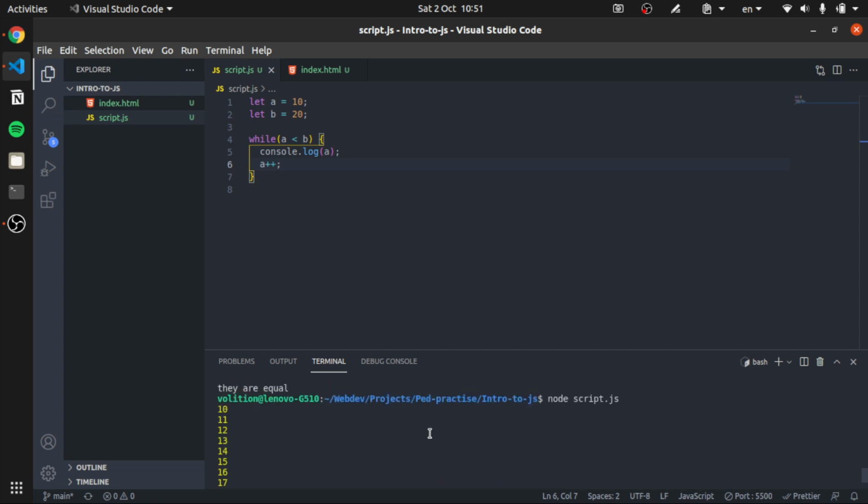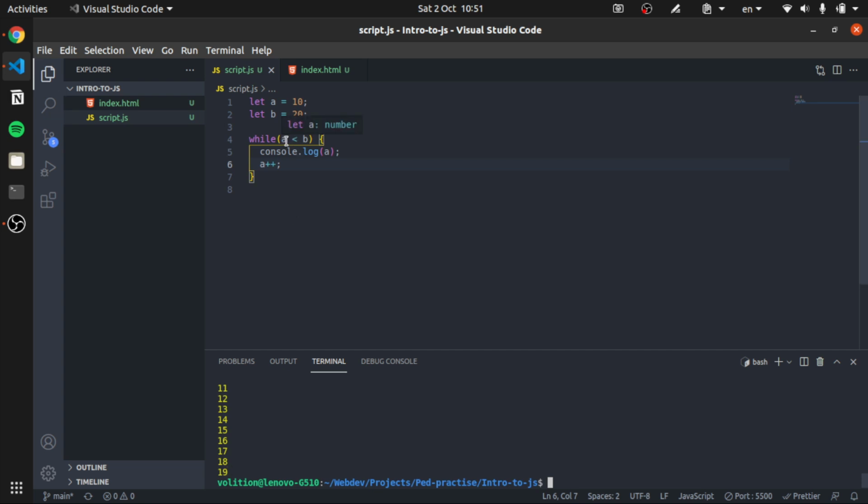Yes, we are getting numbers from 10 to 19, because it's checking if a is less than 20, it will run this command. If a is not less than b, which is the case at 20, it is not going to run this command. That's why it's stopping. Great, we discussed while loops. And the second one is